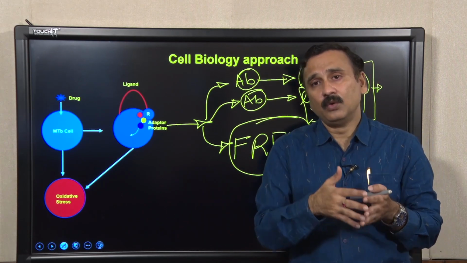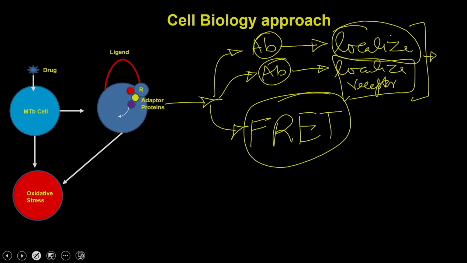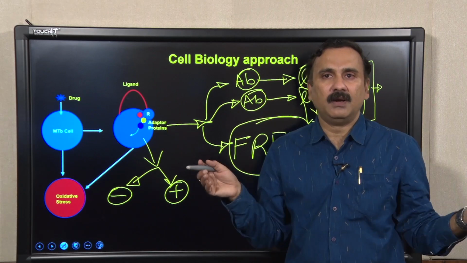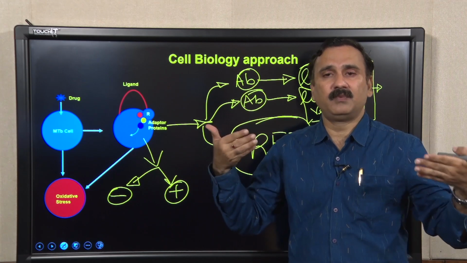The third is you can also use a proteomics based approach to answer the same kind of questions, because you have two conditions: the minus drug condition and the plus drug condition. You take two sets of cells, one control and the second drug treated, break open the cells, and take out the membranes from these two. Then you ask which proteins are differentially present.